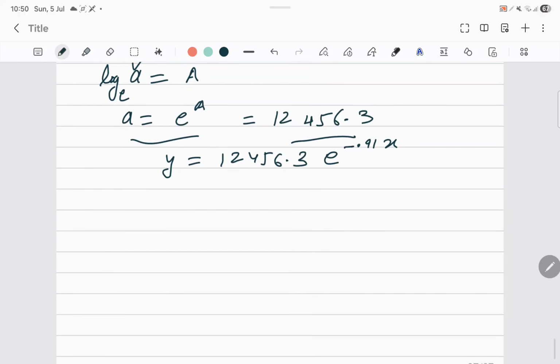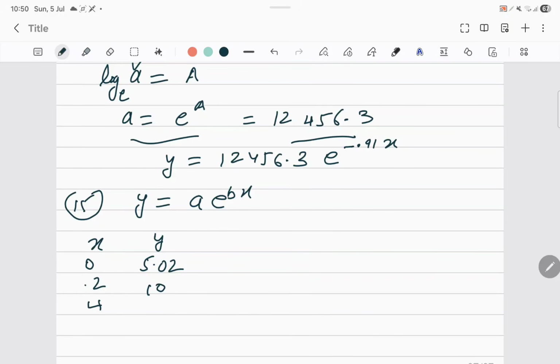My next question is to estimate the value of A and B where y is equal to a e to the power bx, right? And my x values are 0, 2, 4 and y values are 5.02, 10 and 31.62. See, now I'll explain what I told you in the previous question. Now go to home and go to statistics. Pick up two variable and now you put the new values. New values means 0, okay,